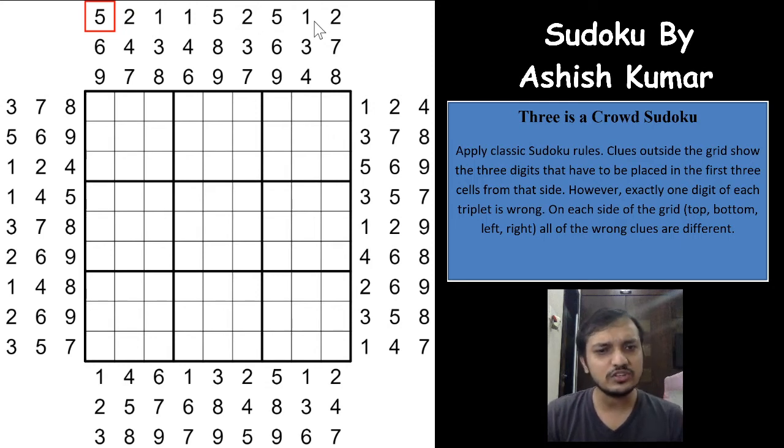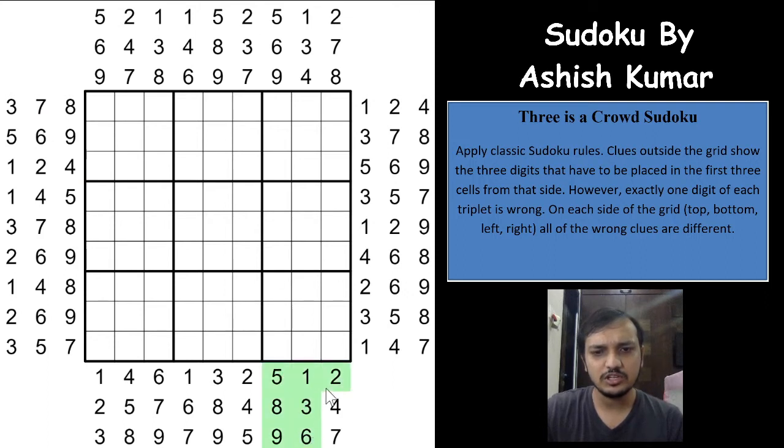So this Sudoku doesn't have that thing, because I tried to create this Sudoku in such a way that each side of the box will have exactly 1 to 9, right? So if you see all the sides of the box, this 3 into 3, I would just mark this.